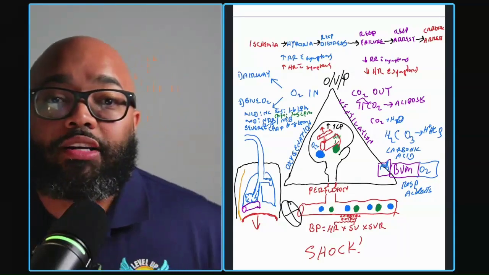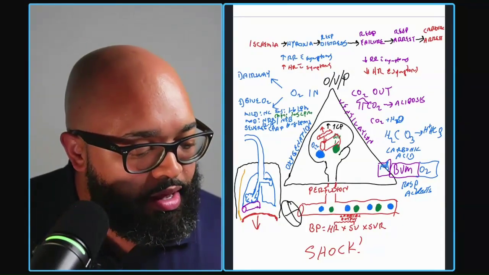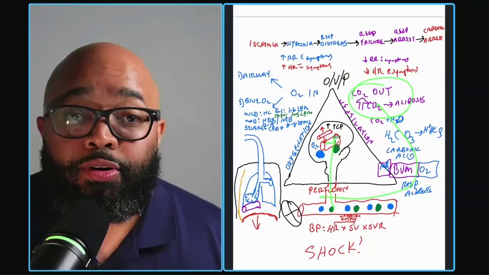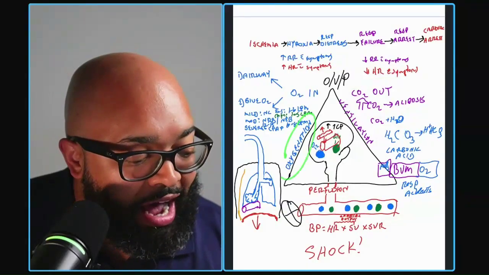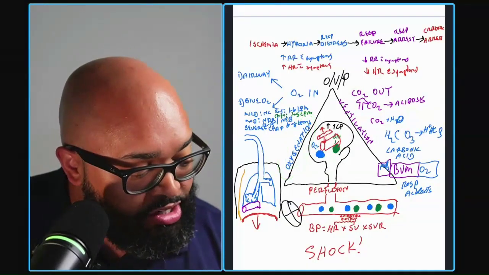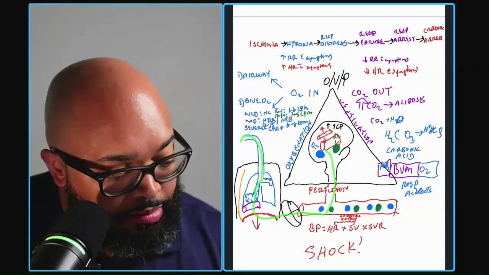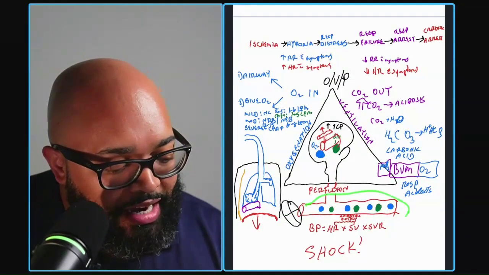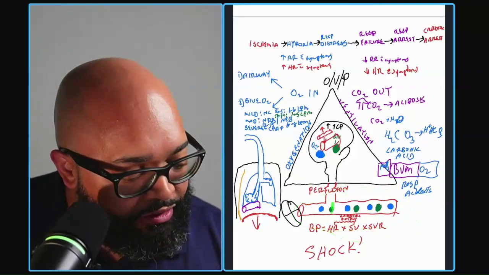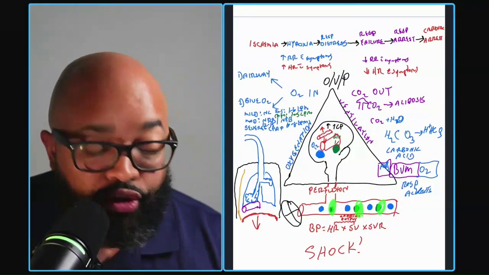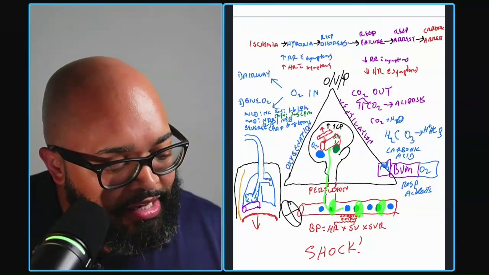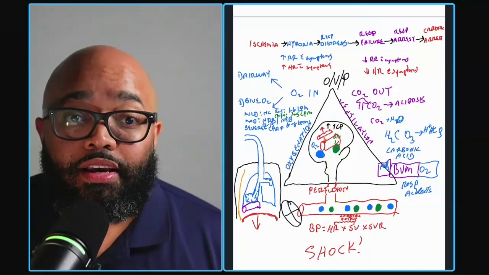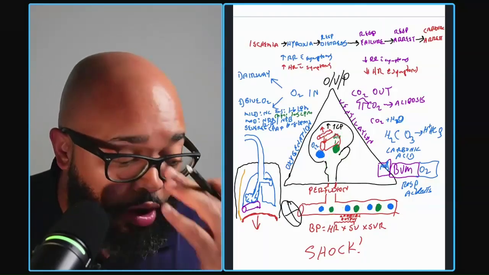Now, we also talked about why you have altered mental status. When you're not breathing well and you get all that acid in the brain, that produces altered mental status. When you're not oxygenating well, you don't have oxygen making it all the way through to get to the brain, so there's no oxygen. Now you have altered mental status. If the blood is not flowing well, or if there's not enough glucose in the blood to get to the brain, now you don't have enough glucose, now you have altered mental status. Just right there, that's 3 reasons for altered mental status.